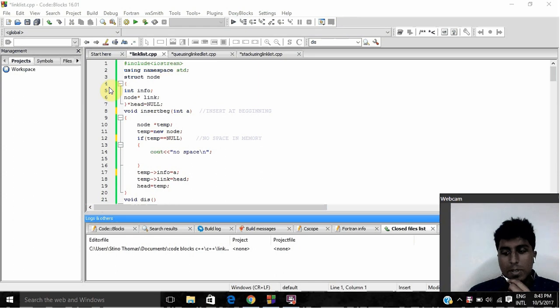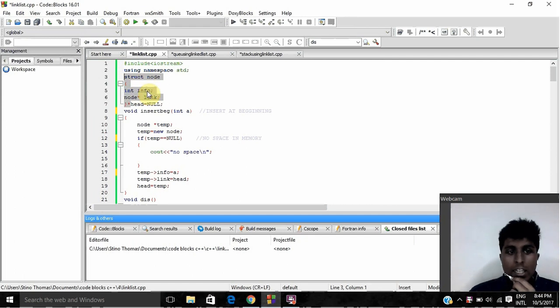So a linked list is basically where we create a node and we link that particular node to another node. For creating a node we must have a structure. So this is the structure of my node: a struct node, which has an integer type and a self-referencing pointer link that can point to another node. In a linked list we have a pointer object called head, which is initially pointing